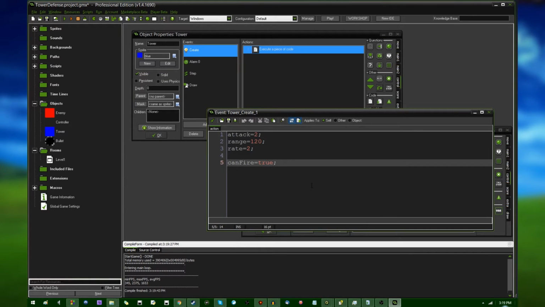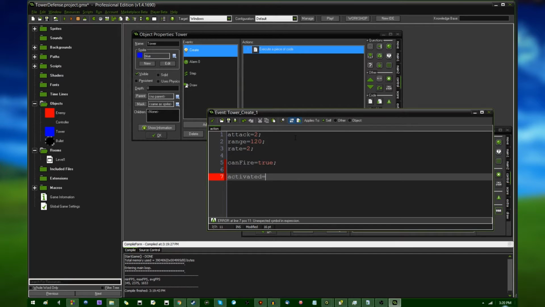The other, with regards to the placement of the towers, I do want to set it up so the first time you click, you're going to still create the tower, but it's going to follow the mouse around until you click again, so you get a little more time to decide where you're going to place it. So I'm going to add another true-false variable to tower create, which is activated, and it's going to start out